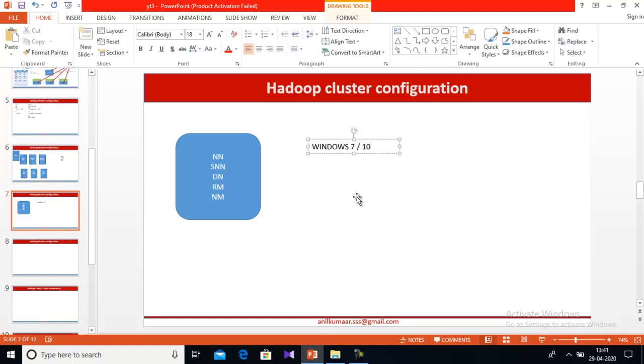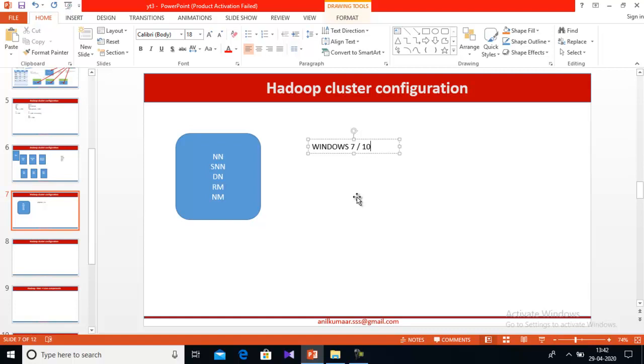If you search how to install Hadoop on top of Windows, you will get some resources or videos, but please don't go with that, because you never find any Windows machine in real time. So my advice is better to go with any Linux distribution like Red Hat,